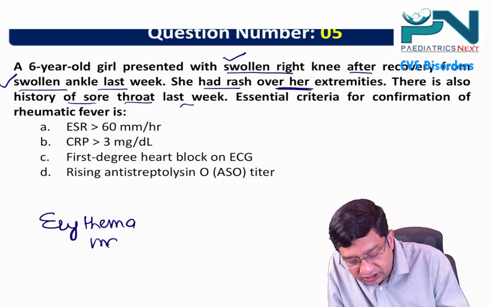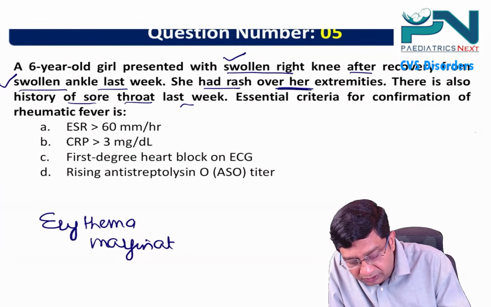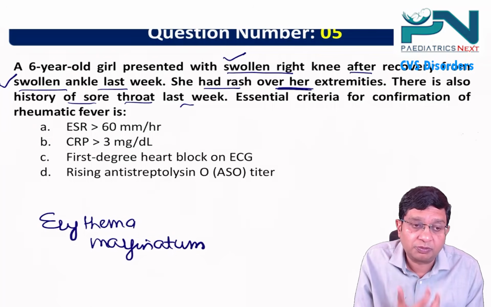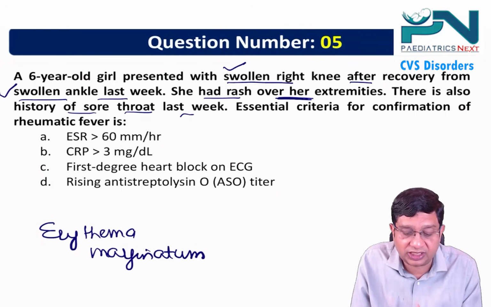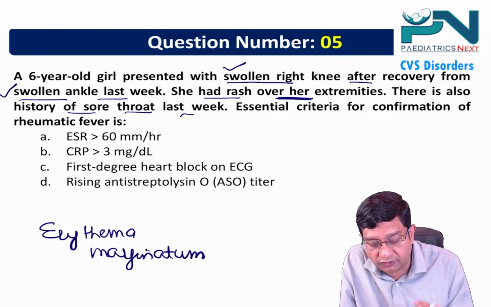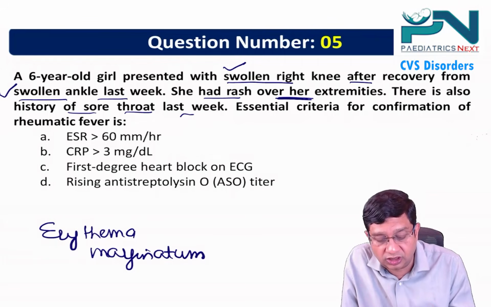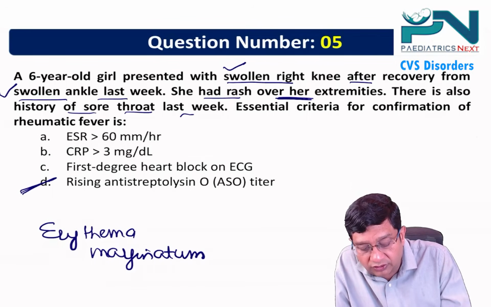This is what we say here is particularly erythema marginatum, right? Then there is a history of sore throat because rheumatic fever follows the pharyngitis. So how do we confirm? What is the essential criteria? That is evidence of streptococcal infection. So how is the evidence of streptococcal infection